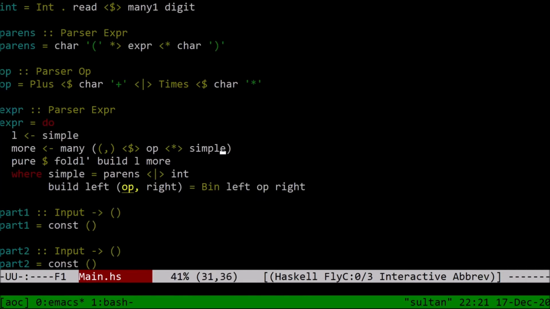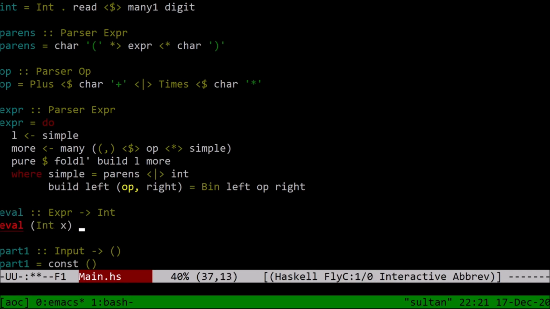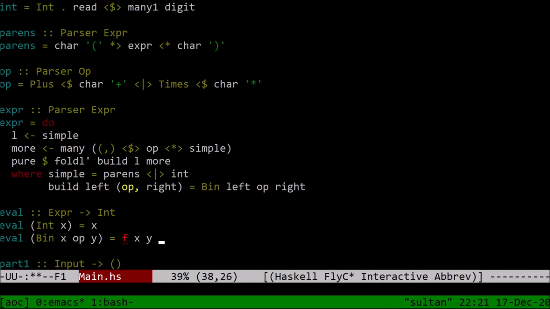And so that's fine for parsers. And now let's write our evaluator, which is much, much simpler. Eval is a function from Exper to int. Eval of int x equals x. Eval of bin of x op y equals f x y, where f